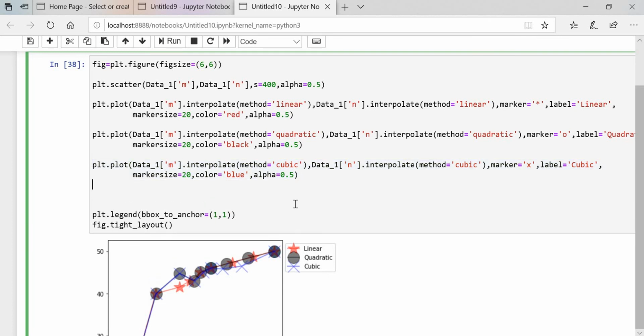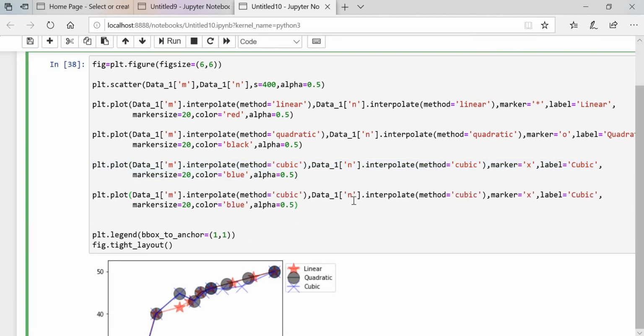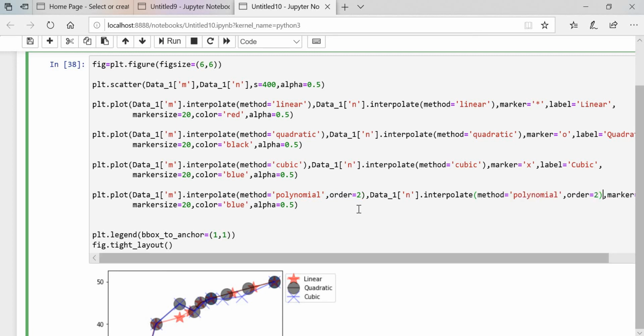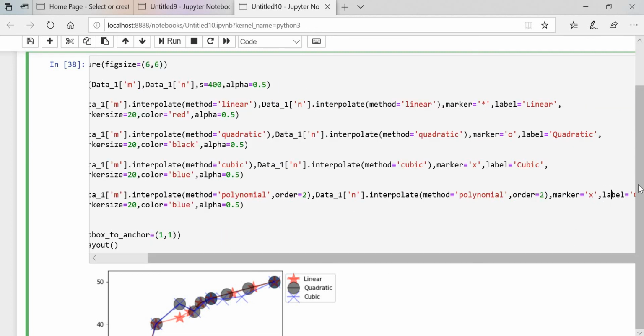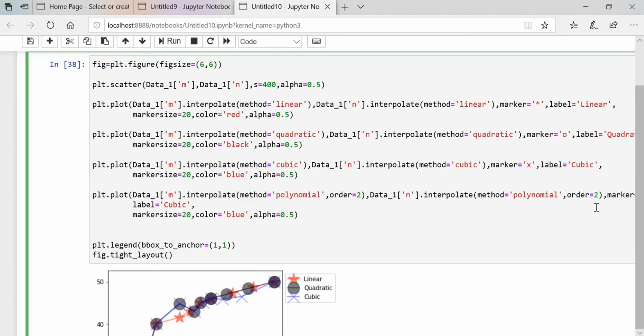Simply we'll copy this one and I will paste it over here. That is polynomial. Polynomial and order, I'm gonna use 2. Simply I will copy these things and I'm gonna use here. Okay, then I need to change this as well, that is this marker.